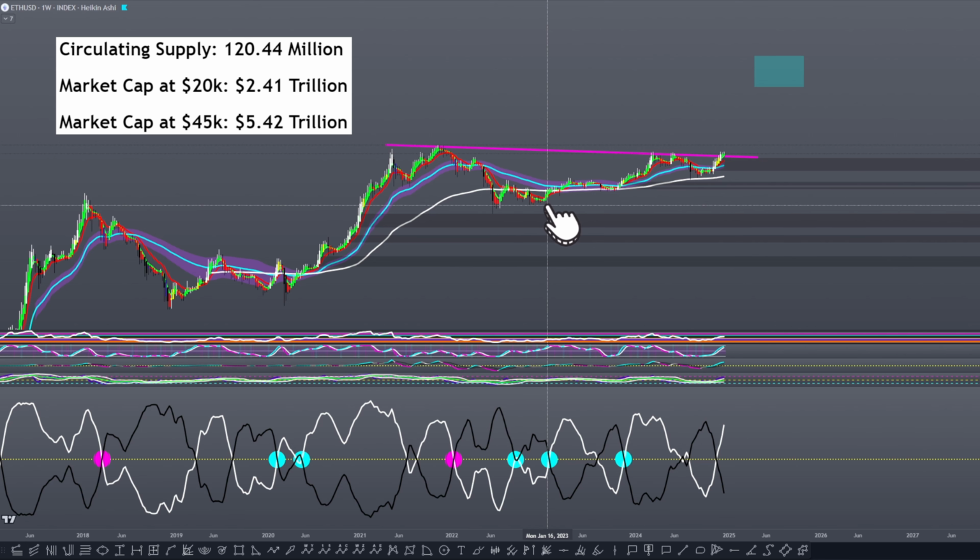Afterwards, it did then go all the way down to around $1,000. But this is an accumulation period. In accumulation periods, at least this is the way I view it, you shouldn't be worrying about trying not to buy the local highs, because that's what accumulation periods are. It doesn't matter where the price is.